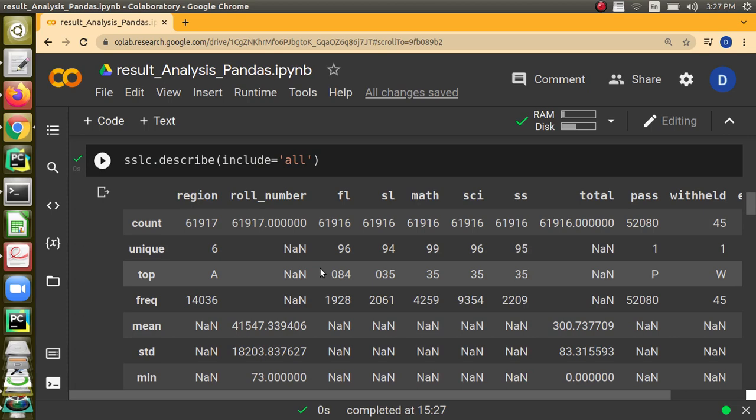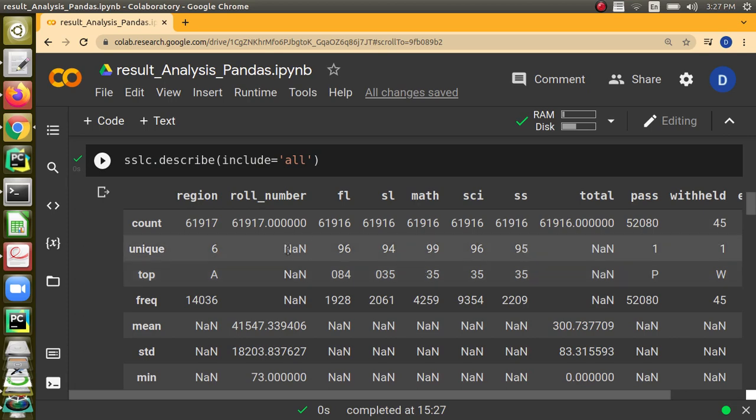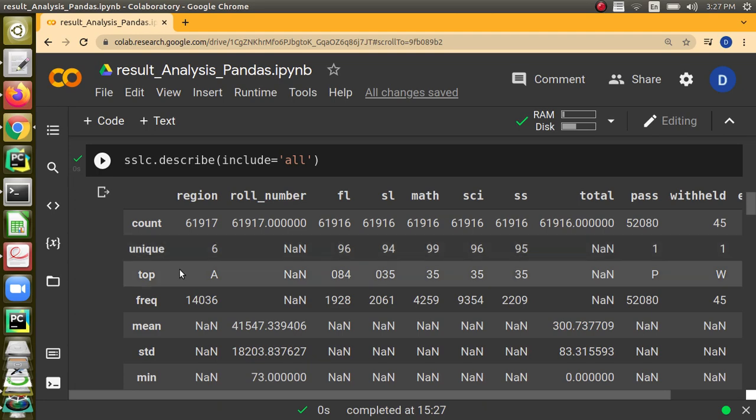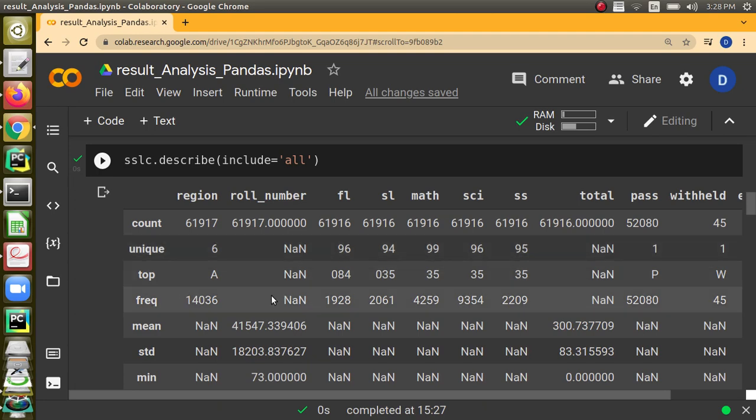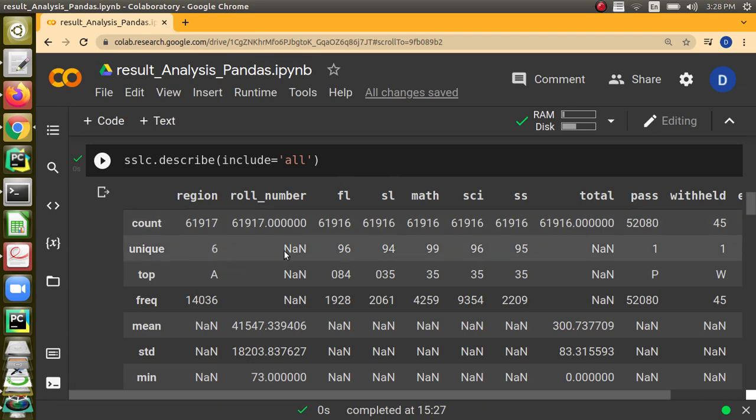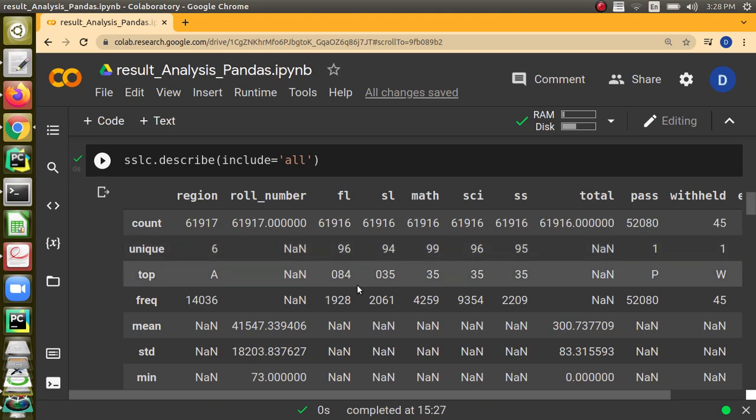Of course top is present, sorry, this is object. For roll number it is a numerical value, so you can see unique is not applicable; it is NaN, top is NaN, and frequency is NaN. We haven't made any changes yet, so first language, second language, max marks, everything is treated as object only. So only these fields have got unique, top, frequency, and so on.